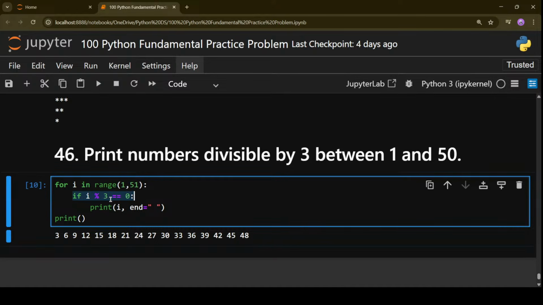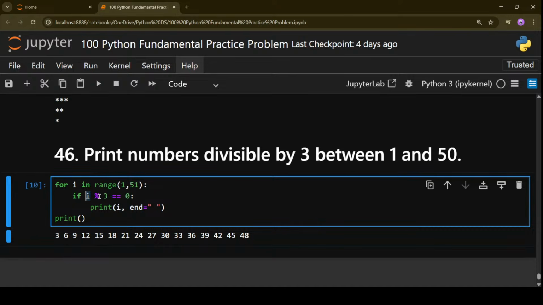So how do you check if a number is divisible by 3 or not? With the modulus operator. Okay. So modulus is an arithmetic operator which divides and gives you the remainder. So after this division, the modulus operator is going to give you the remainder.